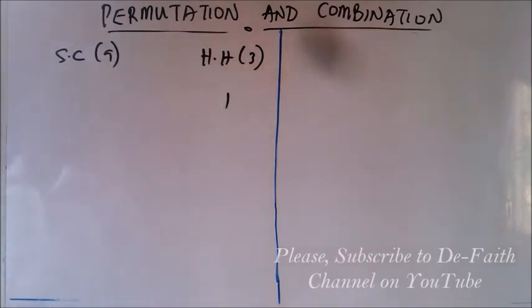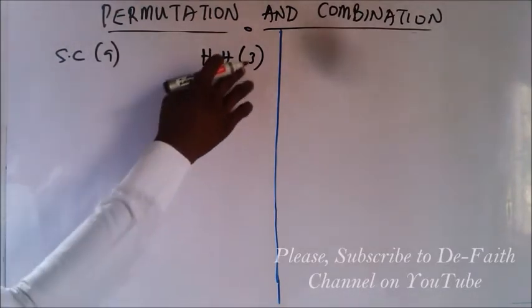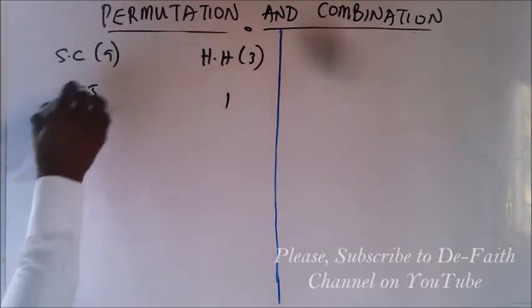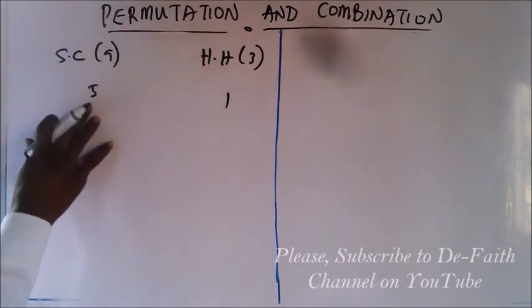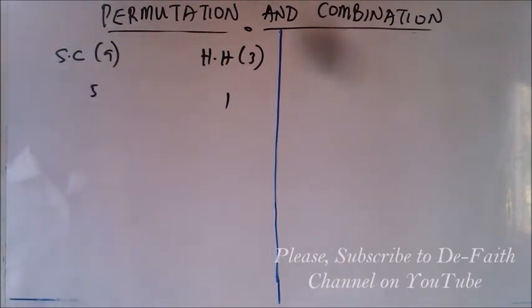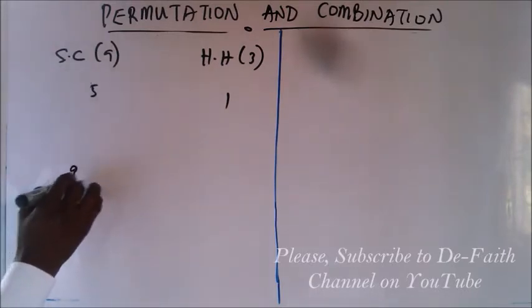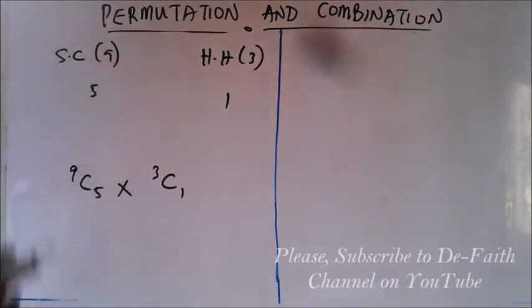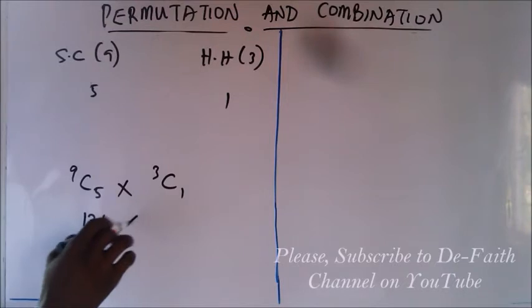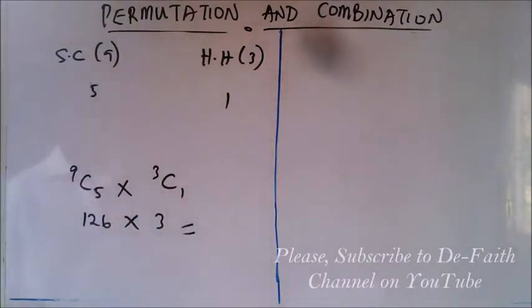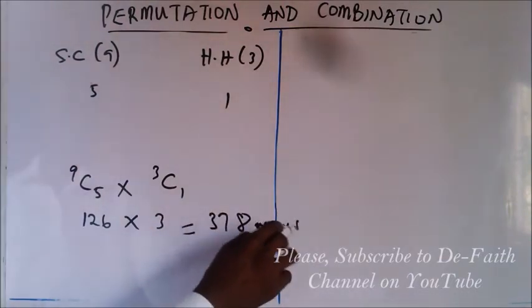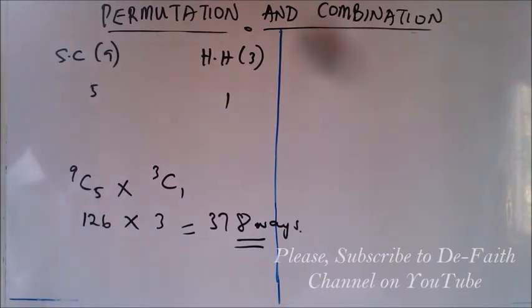And so if you have 1 from the 3 here, we'll have 5 that must have been selected from here, right? So from here, it means that we're having 5 from 9, which is a combination question. And so we'll have 9 combination 5 multiplied by 3 combination 1. And so 9 combination 5 gives 126 multiplied by 3. And so when we multiply this out, it gives 378 ways. I think we were asked to find the number of ways that the members of the committee can be chosen